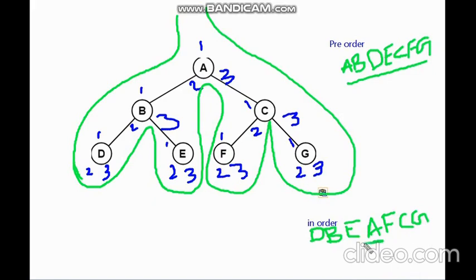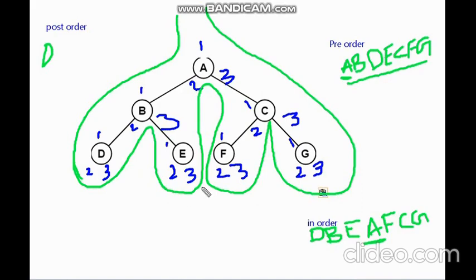So here your root node is the middle, and in pre-order your root node is at the start. And now post-order. So what is the number for post-order? 3, right? So while you travel from here to here, if 3 is visited, print that particular node value. Yes, 3 is visited. So this 3 is for D. Next. So here I am not visiting 3 because that 3 is outside the edge.